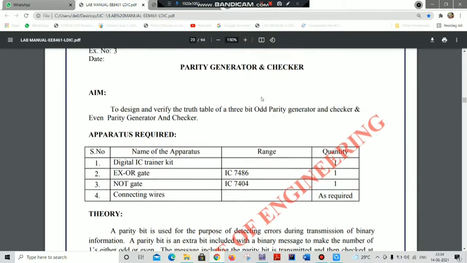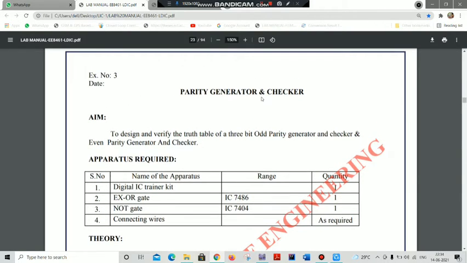Before that, what is a parity checker and generator? Let me discuss it. The parity bit is used for the purpose of detecting errors during transmission of binary information. It is an extra bit included with your binary message to make the number of ones either odd or even.